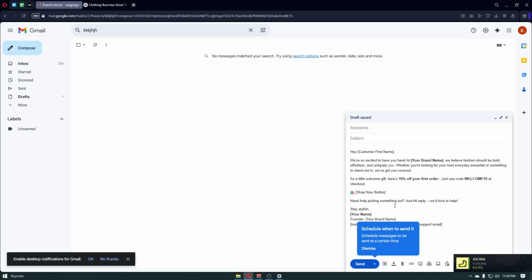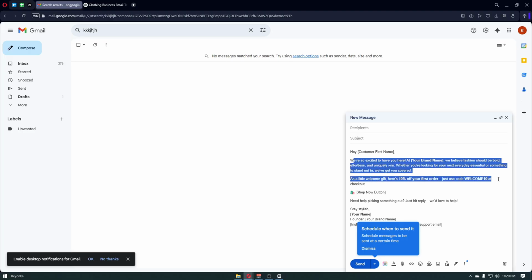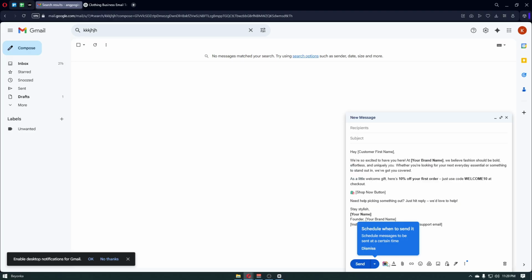So let's just go ahead and copy the email right here and paste it towards the composed email. Simply once inside, you then want to go ahead and edit this out depending on your company or on your email. So in our case, we have the customer's first name and we have the welcome message right here and more. So once again, you then want to edit this out, of course,